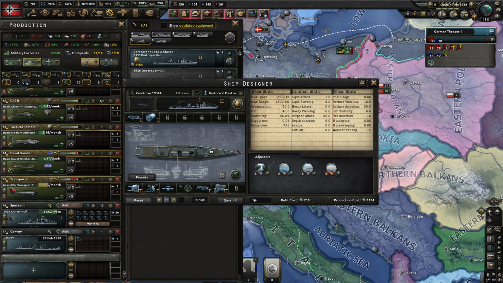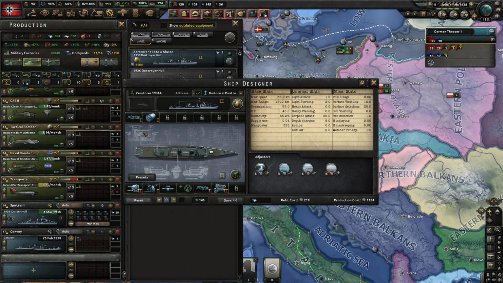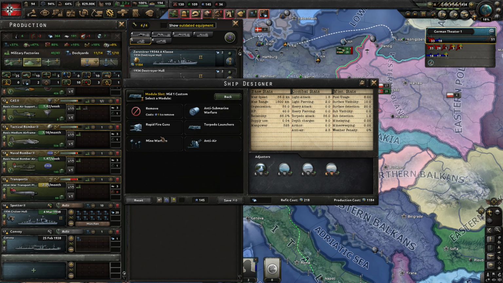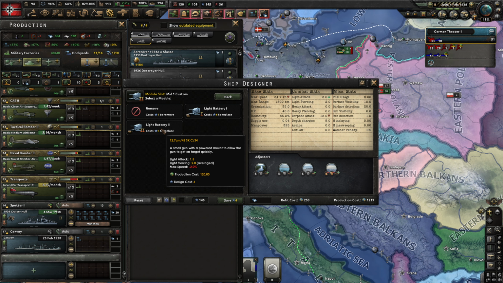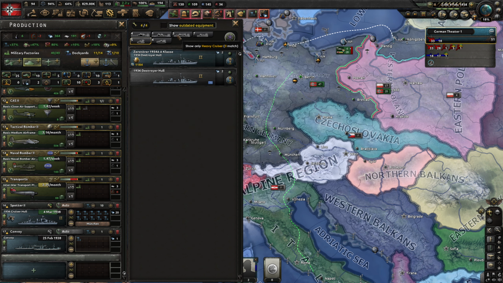Now let's take a look at these templates. You are having, well, you actually have a battery too. That is pretty nice. You do have some torpedo, but maybe I want to give you... But then you only go to 3 light attack. Not that much, right? And if I go to this cruiser,